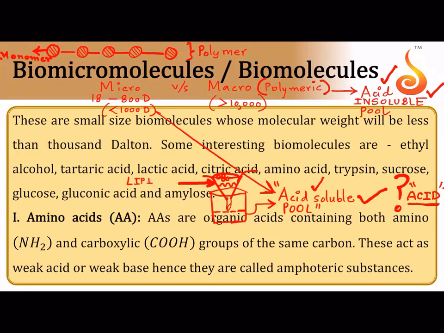Now I want you to think about this question as well. You will mostly find lipids in the retentate. However, lipids are not strictly biomacromolecules. If they are not strictly biomacromolecules, that means they must have a smaller size. They have a size of 18 to 800 Daltons.